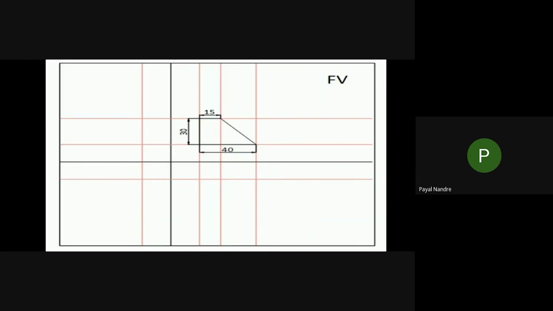Draw the two axes x and y, and take some distance from the y axis in the first quadrant, and draw the 30 centimeter vertical line. Then draw the 40 centimeter horizontal line, which is joined to the 30 centimeter line. Then afterwards draw the 50 centimeter line, which is joined to the other end of the 30 centimeter line. Then connect both the horizontal lines to each other.